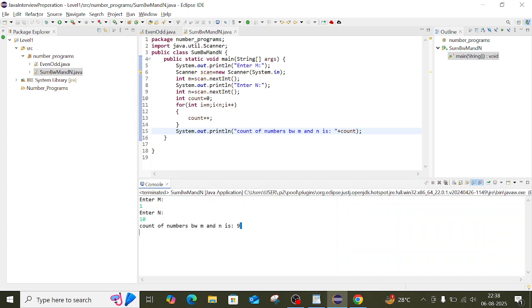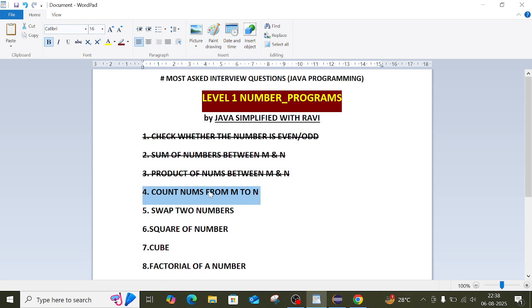So why are we getting 9? Because the iteration will be till 9, right? So I have to use the equals operator here for checking the condition. 1 and 10. The count of numbers is 10. Okay,